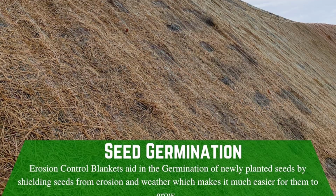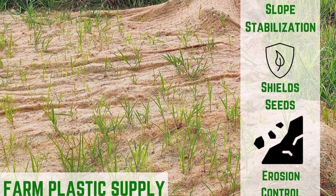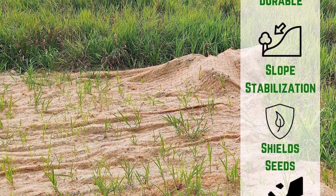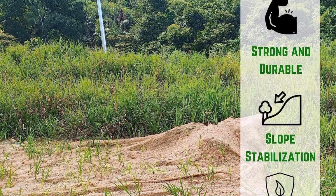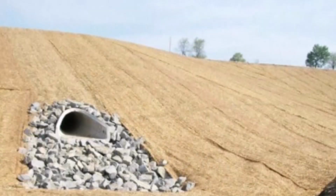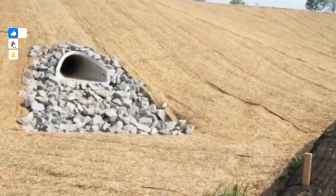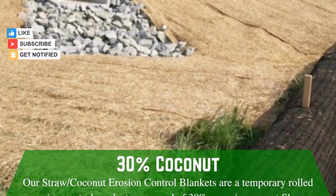Beyond soil stabilization, the erosion control blanket creates a supportive microclimate for seeds, guarding against erosion and facilitating faster growth. The combination of biodegradable materials ensures that it enriches the soil as it naturally breaks down, contributing to long-term soil health. With its proven effectiveness, ease of use, and eco-friendly design, this erosion control blanket remains a popular choice for anyone seeking practical and responsible erosion management